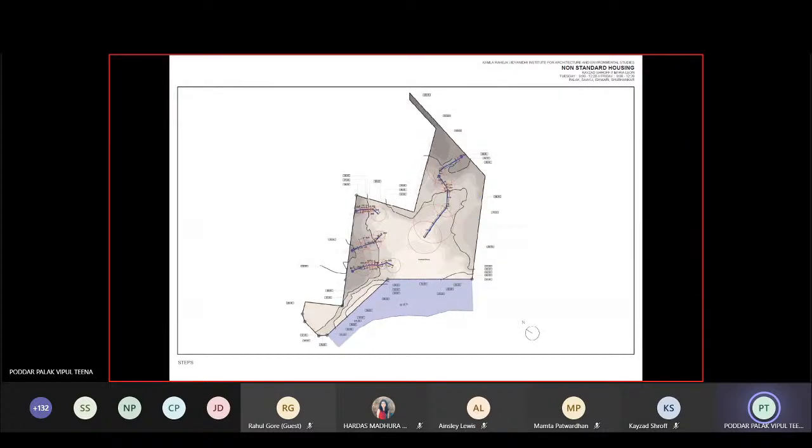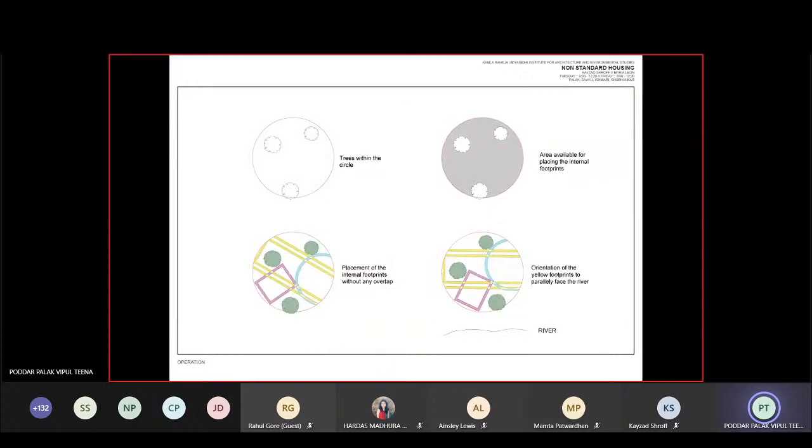And based on these node points, the distance between the two node points became the diameter of the circle. Also keeping in mind that the placement of the internal footprints will not overlap with the trees, and the orientation of the yellow footprint will